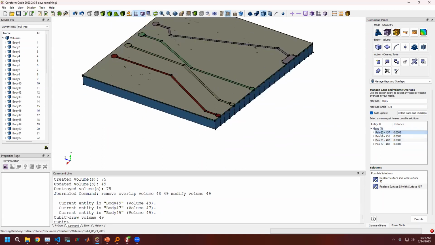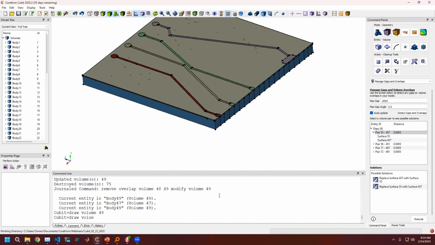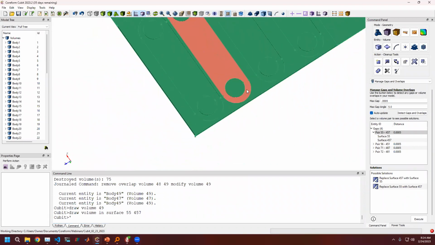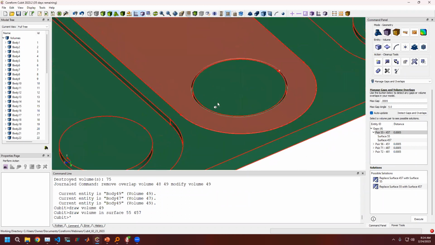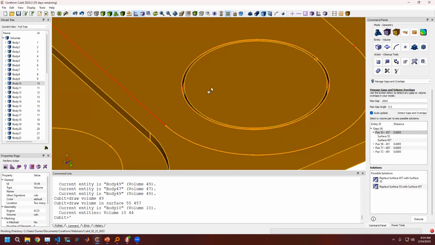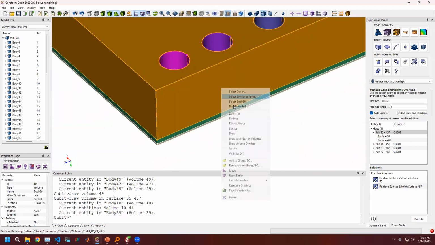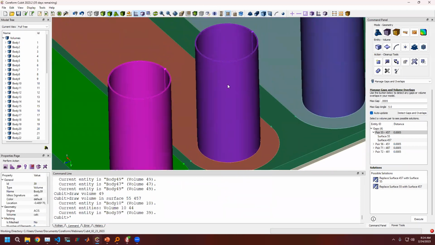So where do these show up? Well, these are the surface pairs. So I'm going to draw the volumes in surfaces 55 and 457. So what's happening here is that you can even draw maybe the neighboring volumes. Maybe it's too much. We'll turn this off. Right, there's this